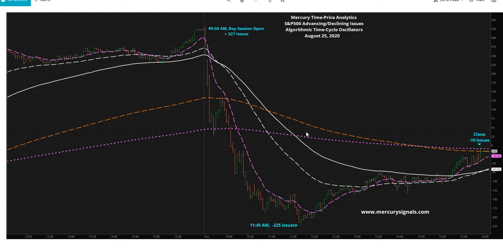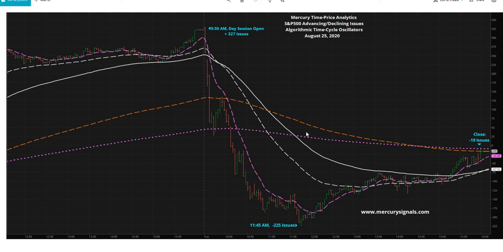But the gentleman had responded to a tweet I had posted that we had very heavy volume on the way down this morning and very tepid volume on the way back up. Now, that type of action, every time we see the market pull back lately, it's on heavier volume. And when we see these drifts up, it's on lighter volume. Then you look at the advancing declining issues. Now, anecdotally, is this a big problem? No. But if you're doing this day after day, and oh, by the way, you're at an all-time high,